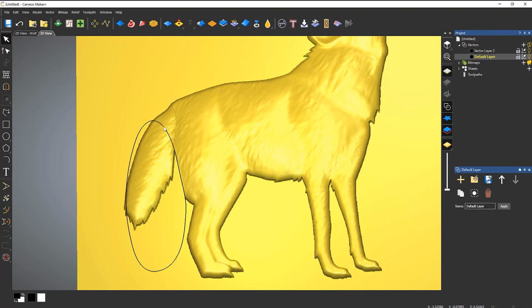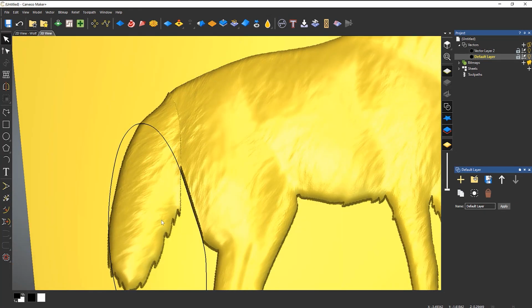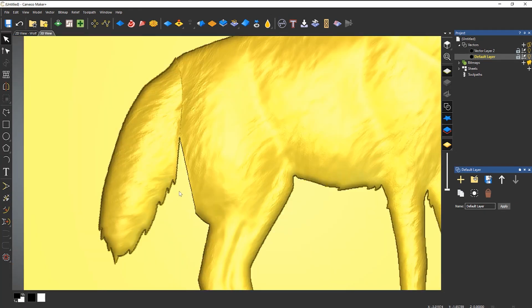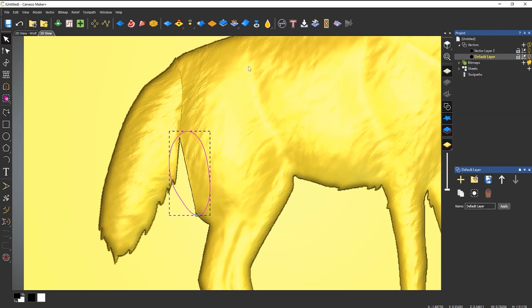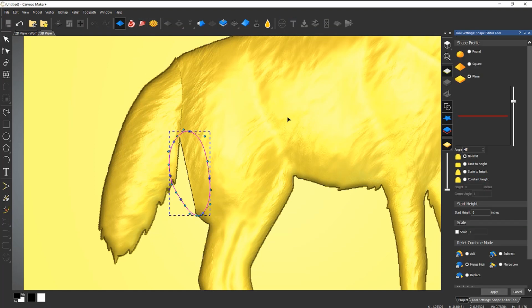So if I paste that down, you can see that that's pasted that down there. And then what I need to do is put in a bit more material there. So if I do a polyline, and then let's go around there, like so, into the shape editor, go around, make sure that I'm on merge high,